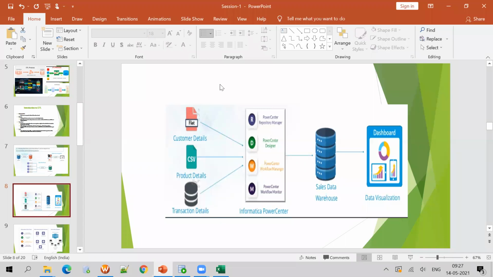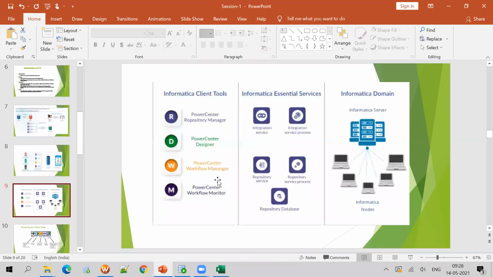All of this we can pull by using Informatica, transform using Power Center, and load into the data warehouse. From there you can take cubes, or data visualization reports, or any other reports, but we will not cover that here. As an ETL developer, we need only these 3: extract, transform, and load.